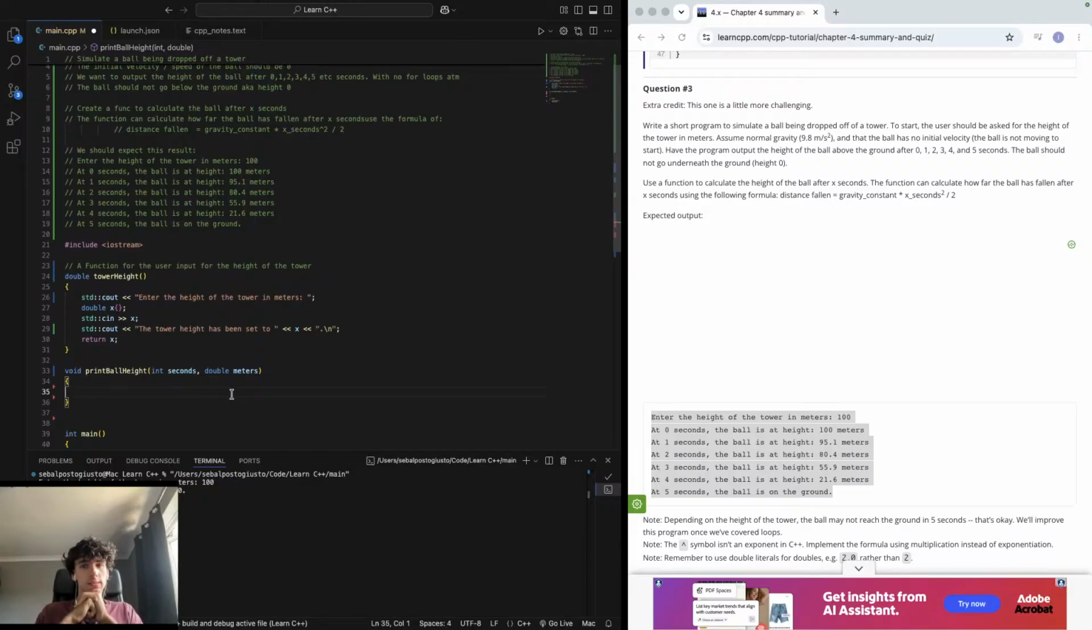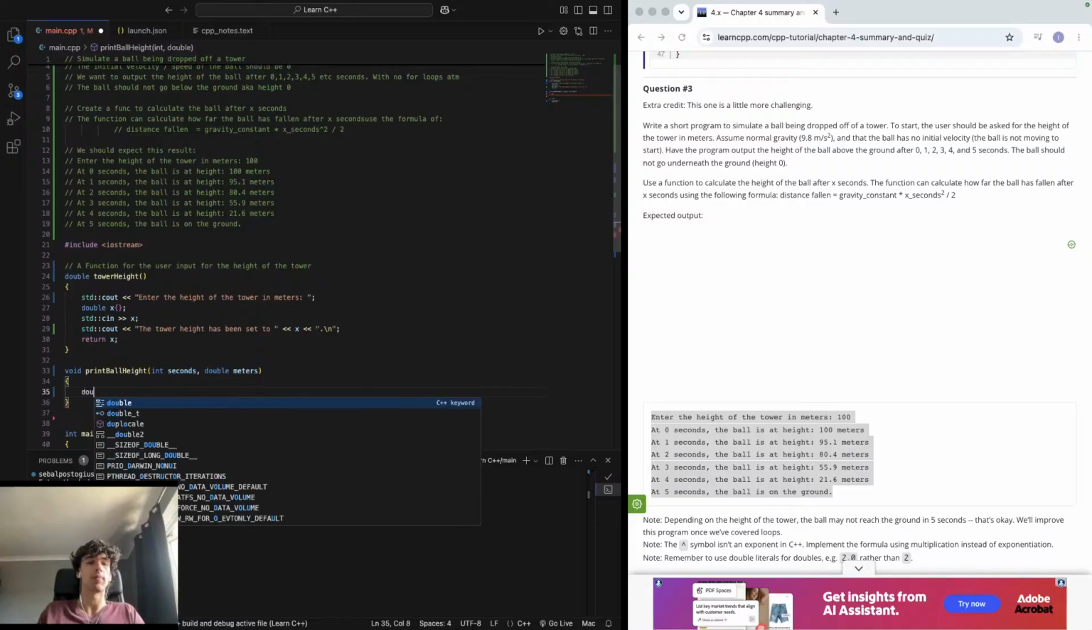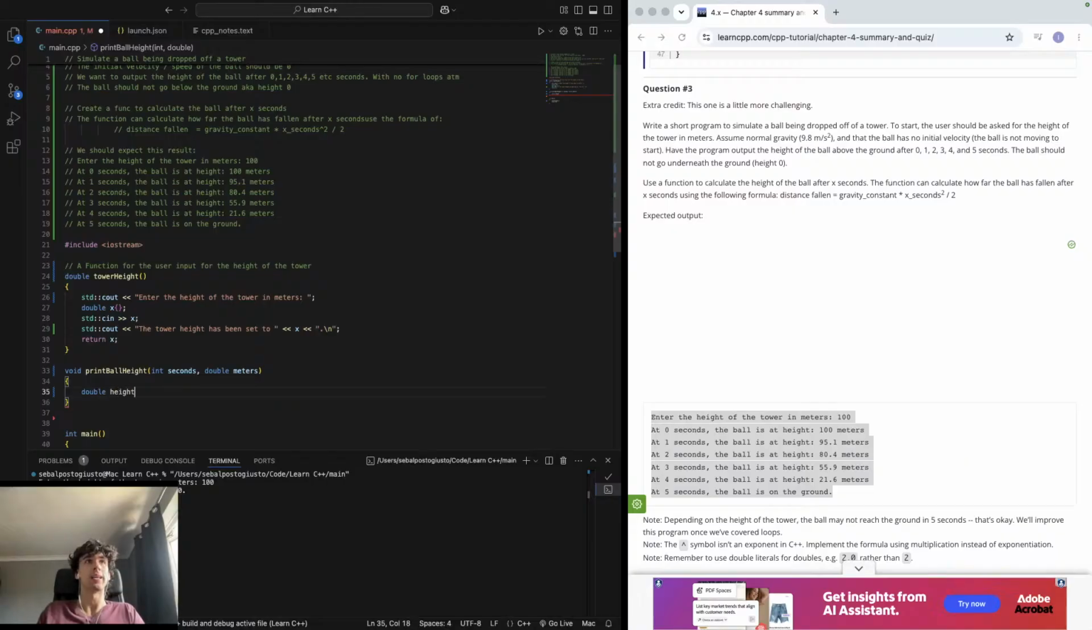So we need a double for meters. And then say if... no, let's do a double for result, a double for height of ball. Then what we'll do is